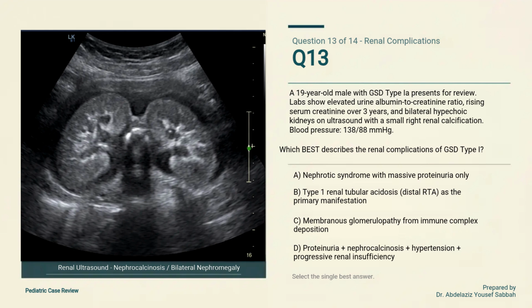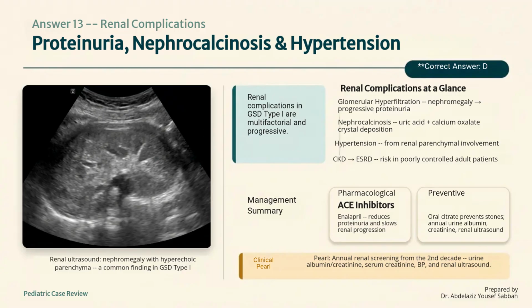Option A, nephrotic syndrome with massive proteinuria only. Option B, Type 1 renal tubular acidosis, distal renal tubular acidosis, as the primary manifestation. Option C, membranous glomerulopathy from immune complex deposition. Option D, proteinuria, nephrocalcinosis, hypertension, and progressive renal insufficiency. The correct answer is option D, proteinuria, nephrocalcinosis, hypertension,